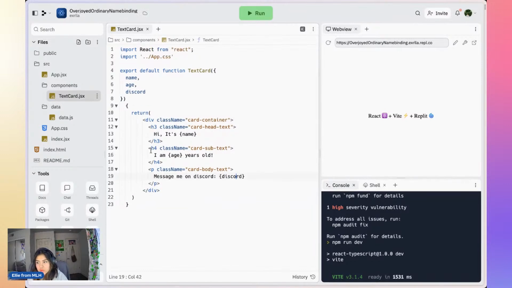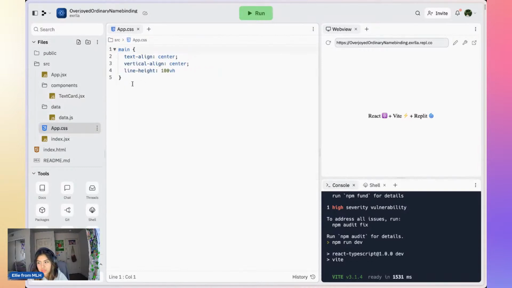So right now, let me go ahead and see if I'm going to add some basic styling just so we know what we're working with. I also want, let's do